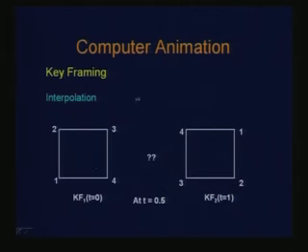Okay. And this is my another keyframe, let us say at t equal to 1, kf2, which is again the points 1, 2, 3, 4, a square, right. So, in a sense this square has now transformed to this square,